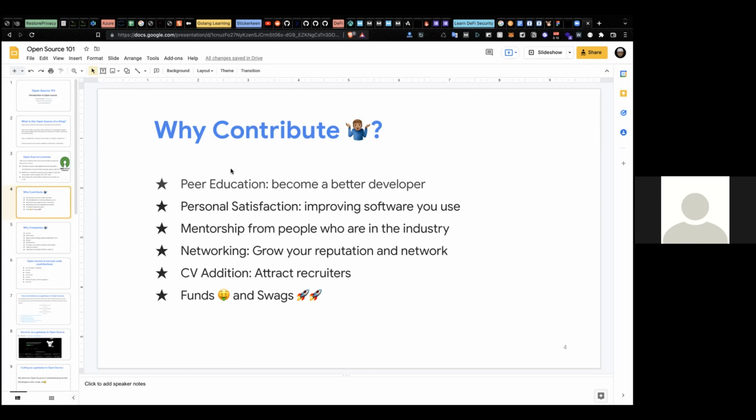So get mentored by people in the industry. So that's that about that. So networking, yeah, open source is a very great tool for networking, and it will help you grow your reputation